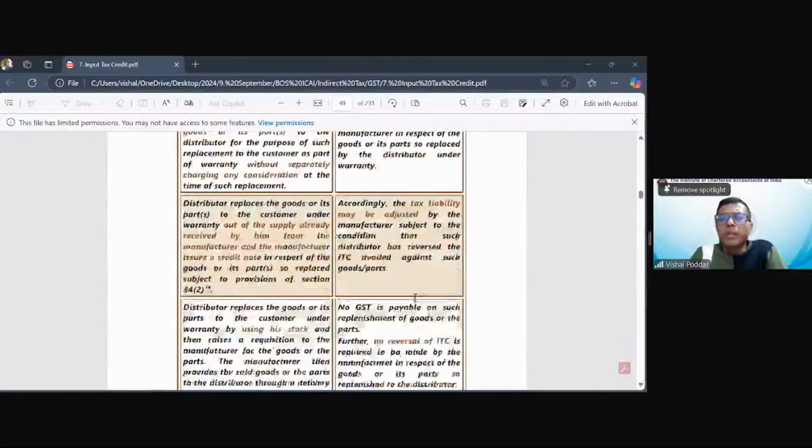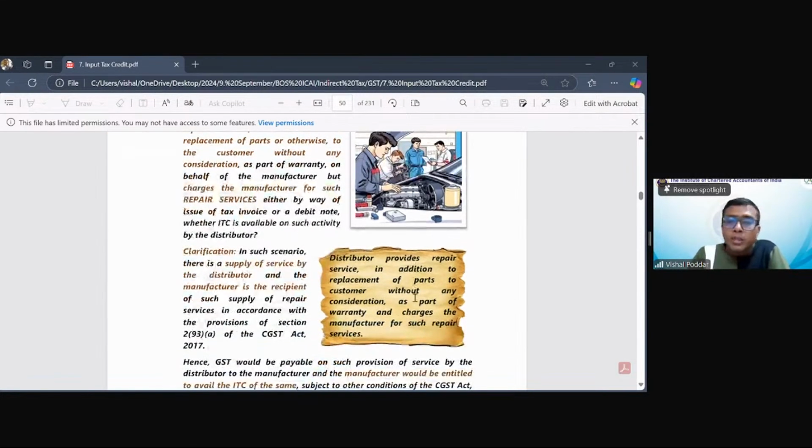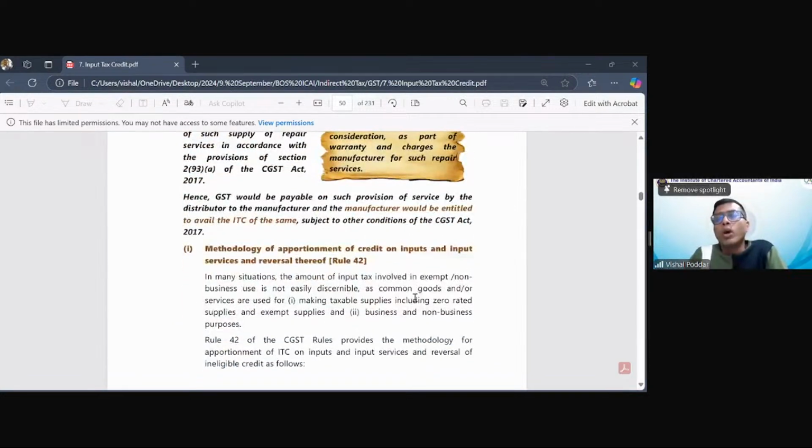So they have given it in different case scenarios. What are the different case scenarios? I directly repair it for the customer, or the customer goes to my dealer and the dealer repairs it and gets it back from me. In all these case scenarios, the answer remains the same, that no ITC has to be reversed because there is nothing given free. There is nothing which is exempt. So in all these case scenarios, the final output is that I, as a manufacturer, am entitled to get ITC even of this picture tube which I have given free.